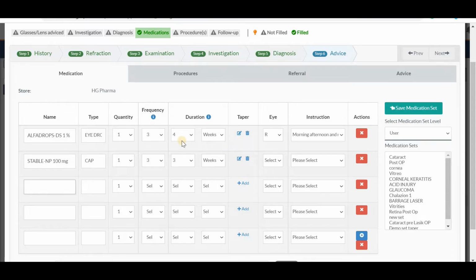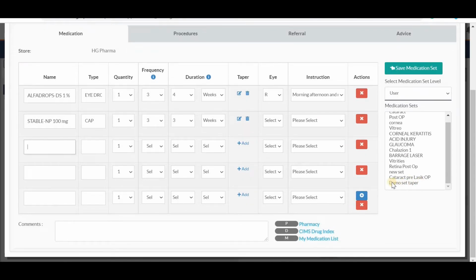So now let's say you want to keep this as a ready-made set for future reference and future users, so that you no need to do everything from scratch once again, and you just need to come here and say select from tapering set, that's it. So similarly I have done it here, right? As you can see, there is one demo taper set that I have created earlier.